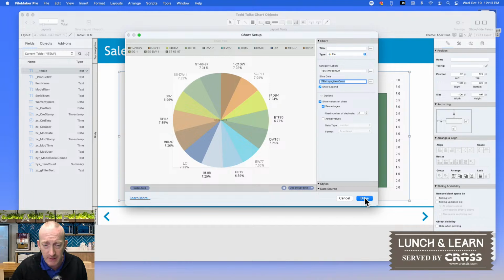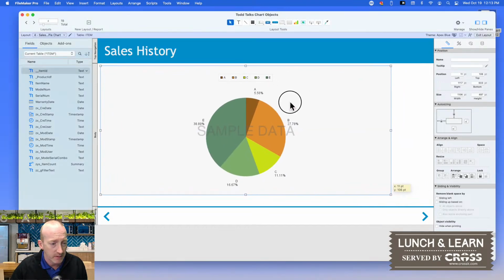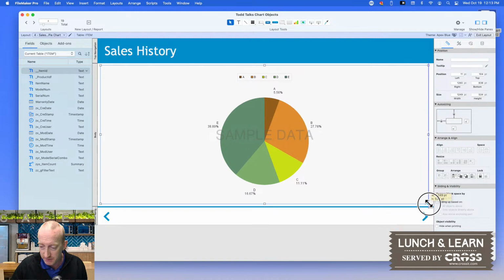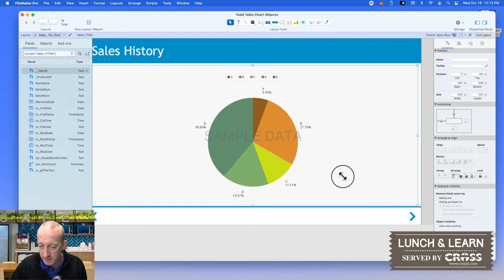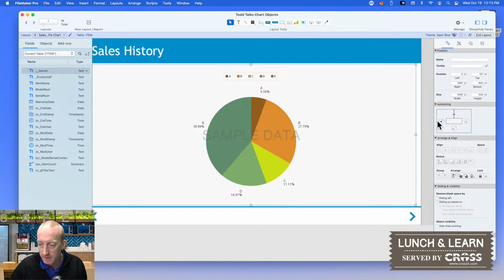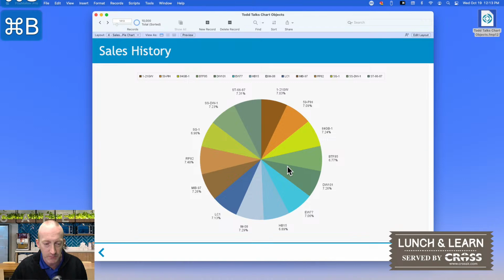So if I go ahead and say done there, and again just resize that just a little bit. Fix our anchors. Save it, and we go into browse mode, and then you can see we have a nice pie chart now of our sales history, so we can see how each product is performing. All right, so that is using the current found set and summarizing the data across that found set, a couple different examples. But of course, there's still some more things that we're able to do with our chart